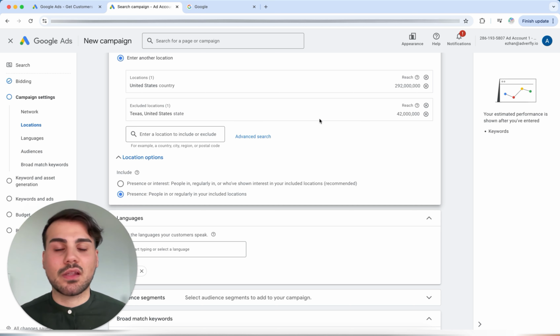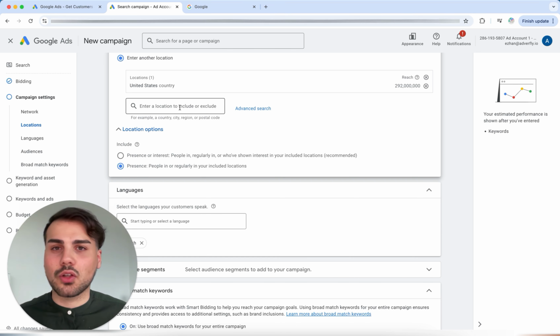Of course, an exception would be if you cannot sell in a city or a state because it is not allowed. That would be an exception, but in our case, that is not the case. So I click on X here, which we do. If you have any questions, just comment.